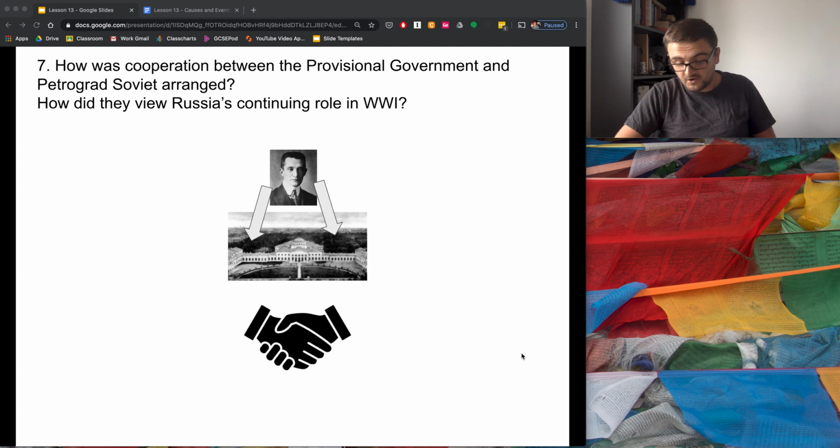Whereas the Soviets thought that the war should be ended quickly. They wanted the war ended without giving up any territory to the Germans, because the Soviets wanted to represent the interests of the peasants, the workers and the soldiers who the Soviets viewed were suffering because of the events of the First World War.